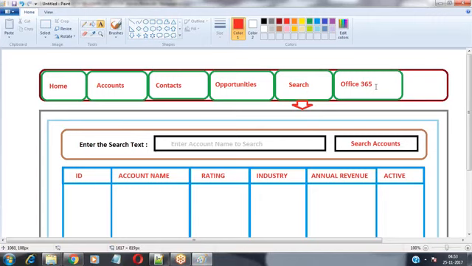Office 365 means Microsoft Outlook, for the emails.